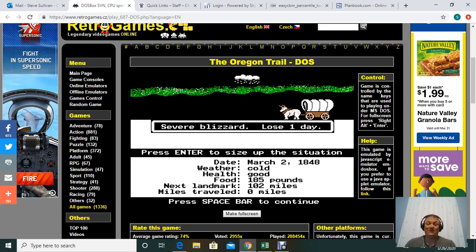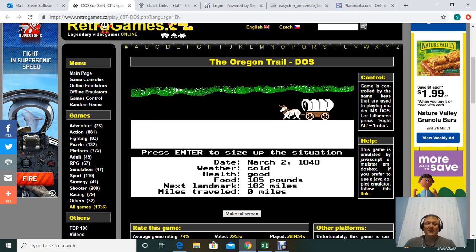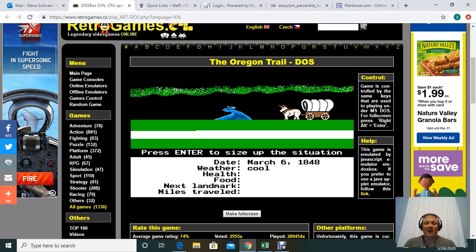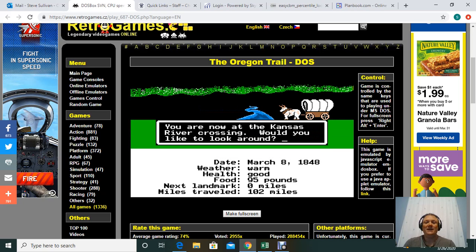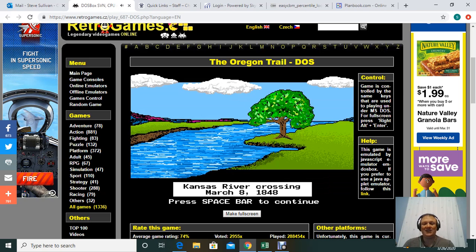So my luck is not going too good right now. We lost a day, so we got stuck behind for a day. And the key here is to try to get to Oregon as fast as you can and not lose any of your family. Sometimes your family will die. And it's kind of sad. They'll get different diseases. So we're at the Kansas City River crossing. We're gonna hit Y, take a look around,